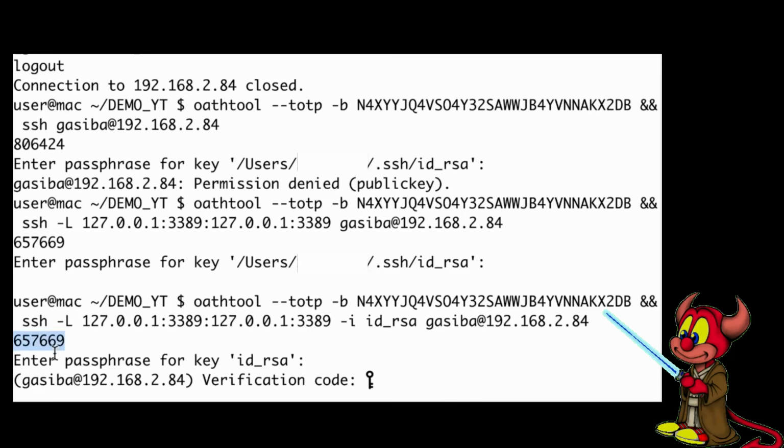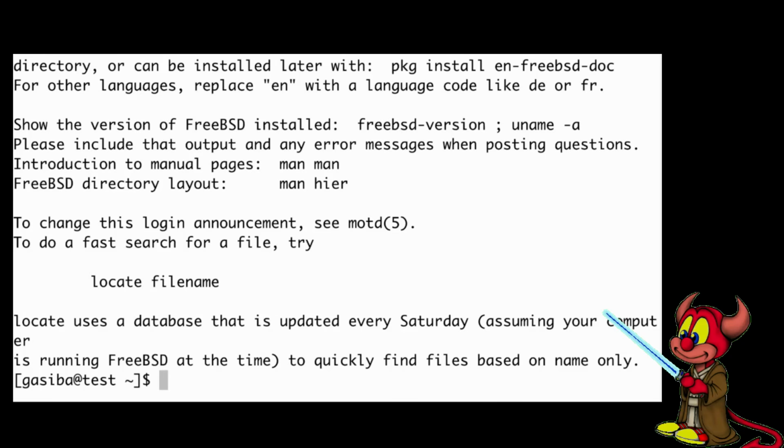We can copy the code and we are in. It looks the same as before, but it's not really the same as before. Now I'm forwarding the communication on the remote machine on port 3389 to the local machine 3389. So let's start